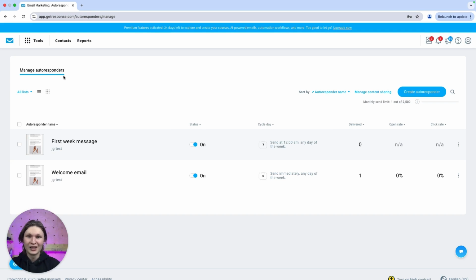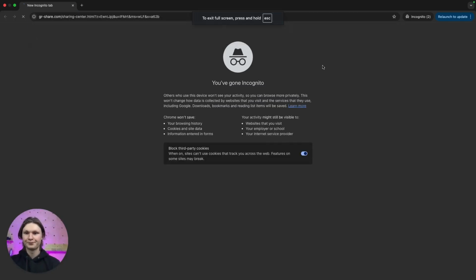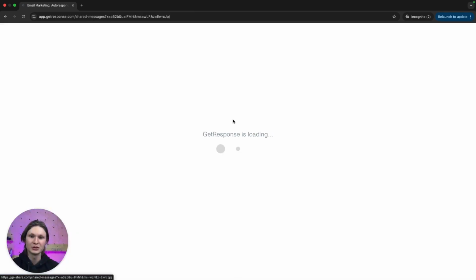So how would it look from the perspective of your affiliates? As you can remember, we have copied the link to our set, so let's just paste it. Content sharing page will appear where the shared messages will be shown, as well as who has shared it with us. We can proceed to import settings,